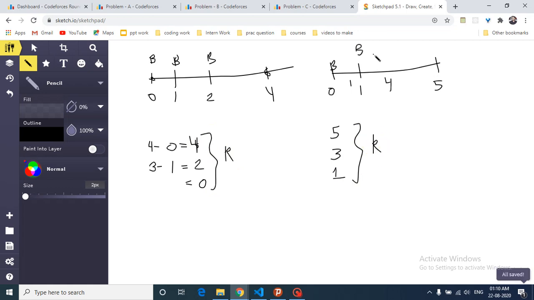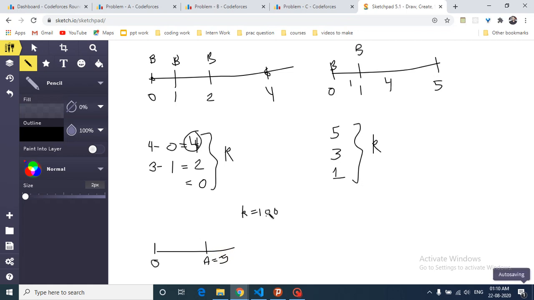So you can choose B now, such that I will get odd values. Okay, so now what you can see here is, to get any of these K values, the maximum K you can get is equal to the difference between this 0 and this A point. Let's assume that you want a K equal to, let's say, 100, and your 0 is here and the A you are given is equal to 5.